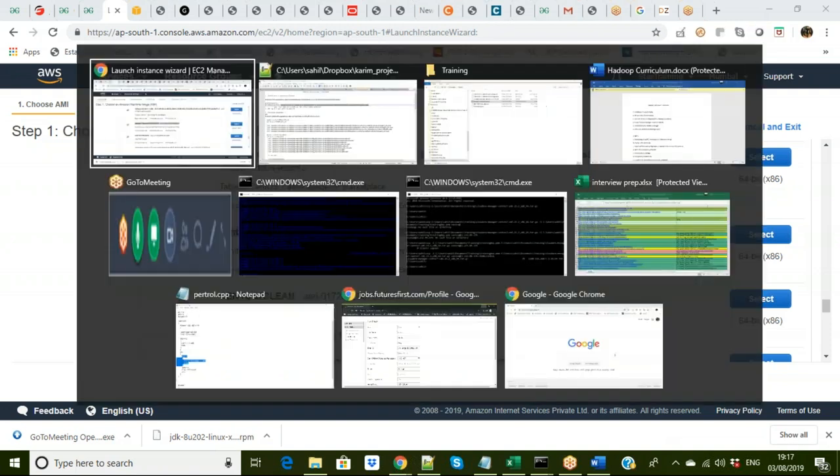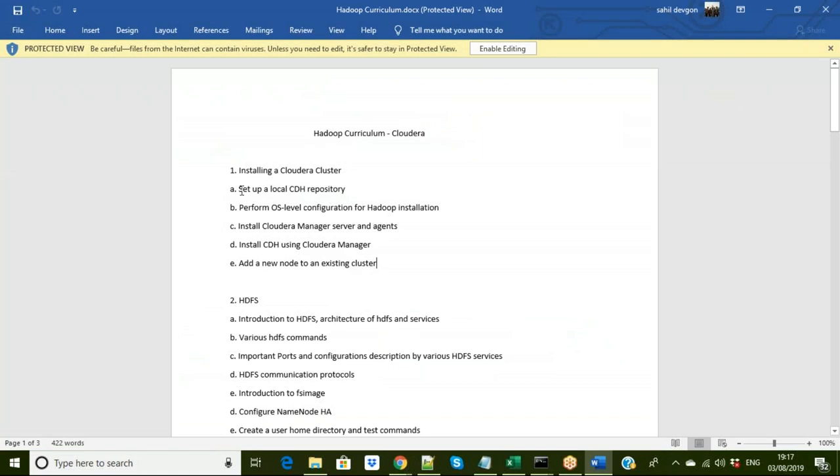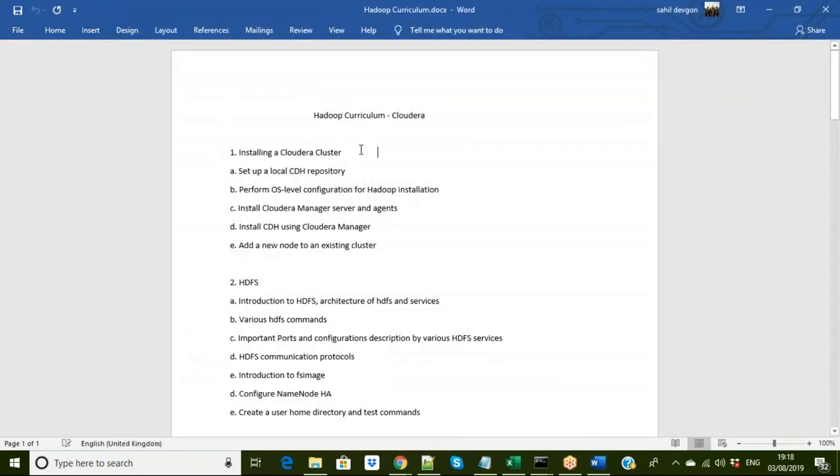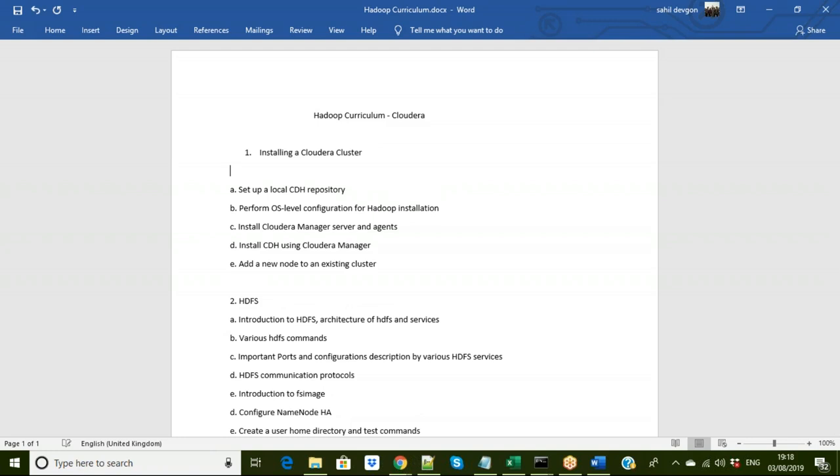Let me copy this CentOS part. So in the first part we are installing AWS instances of